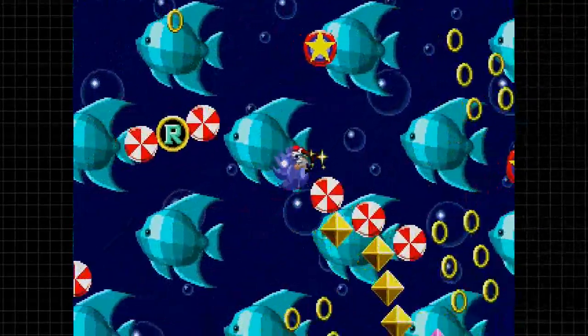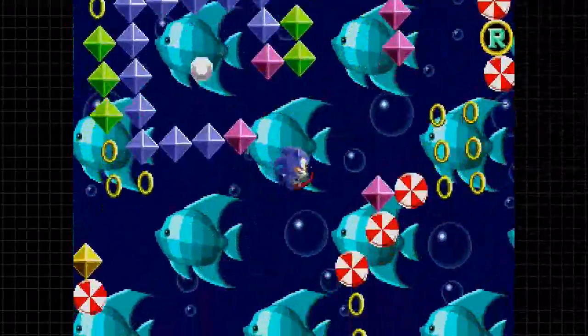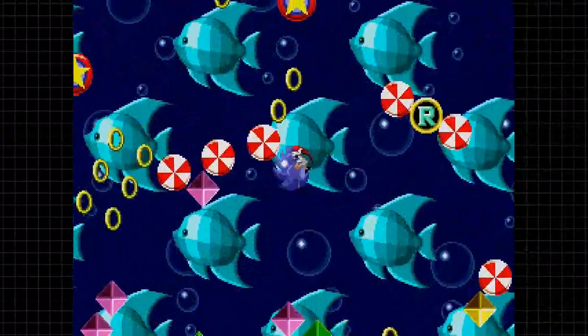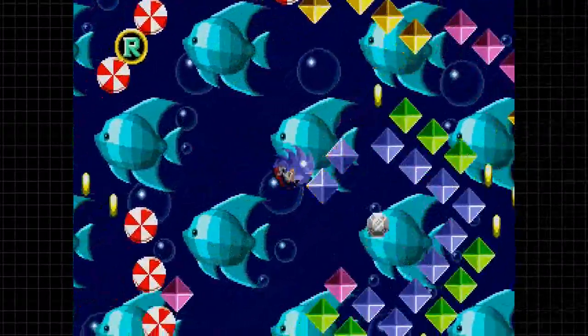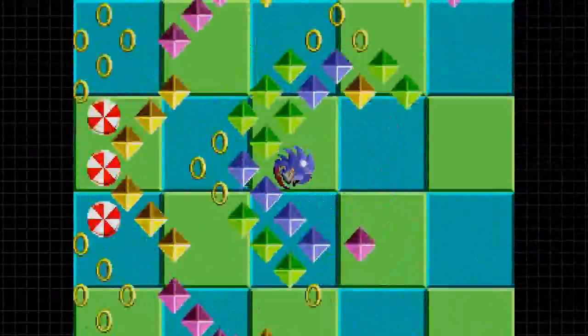And this one's pretty simple, although at the same time not, because the Chaos Emerald's right there. No tricky platforms to go through, but because there's no tricky platforms, there's nothing to brace yourself on. So you just kind of fall. I think we had a similar Chaos Emerald to this, but in the end I get it, so all's well